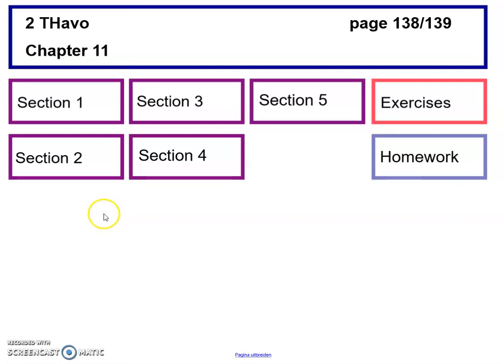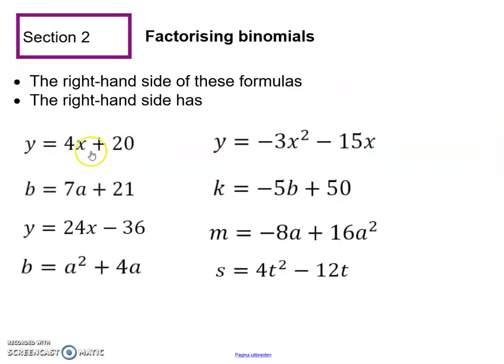Hello, in this video I'm going to explain to you section 2 of chapter 11. In section 2 we're going to take a look at factorizing binomials. But before we do that, let us look at all these formulas. Because what are binomials? Well, when you take a good look at all these formulas, you see that